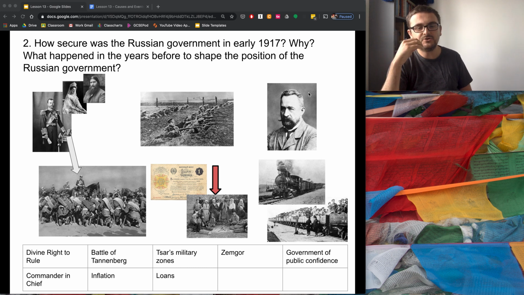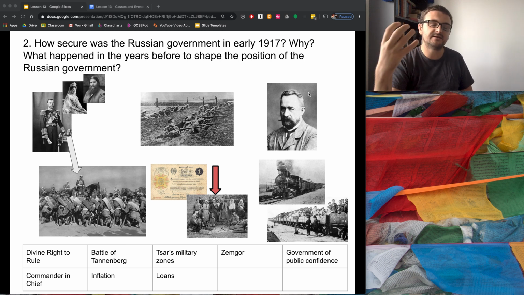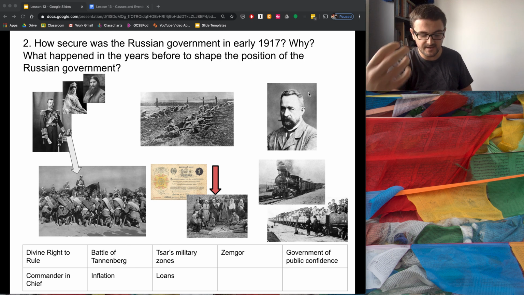Now, in order to help the war effort, Tsar Nicholas weakened this. He started to set up military zones where the civilian democratic control was taken away. He thought that removing this would allow the military to have more control and be better prepared and better equipped. He was doing it, on the face of it, to try and win the First World War. But do remember that he also doesn't really believe in democracy anyway.